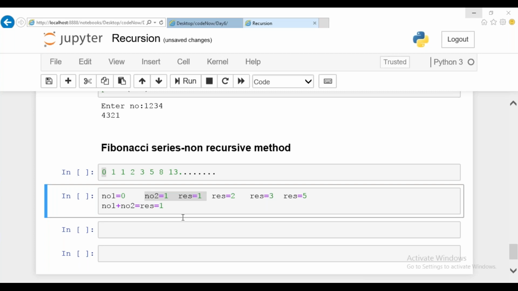Guys, if people are writing a separate if condition for 0, you can put that condition in a for loop. By default, if your for loop starts with 0 and your n value is given as 0, it's not going to execute. You can give an else part and write it this way. No need of writing an if condition separately for zero. If you're writing it, that's okay, but you can optimize the code.